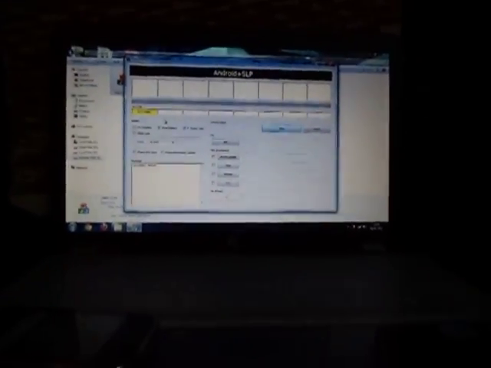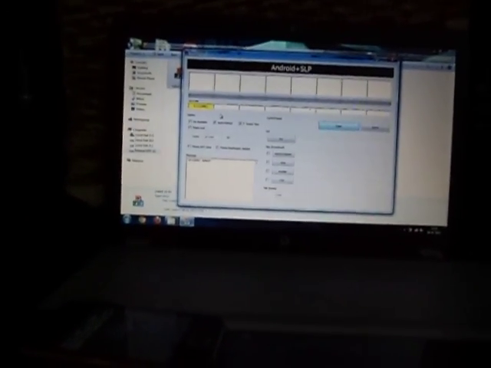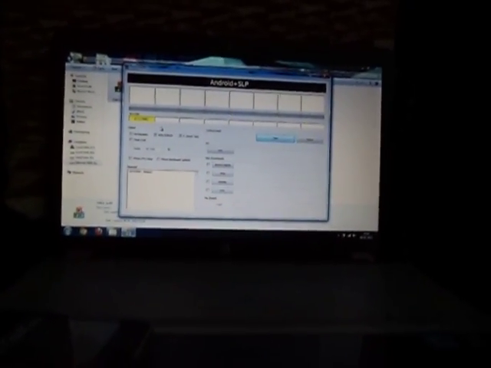Before you connect, just make sure that Samsung Kies on your mobile and on the computer is off. You can do this via the task manager, because the Kies application works in the background as well. So in the task manager, just press K and close or end all the processes related to Kies. When you connect it for the first time, it will install the drivers required. After installing the drivers, you can see on the first window the yellow mark over here. It indicates that the phone has been connected.